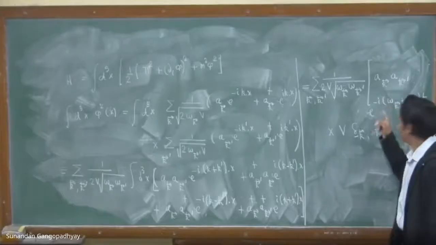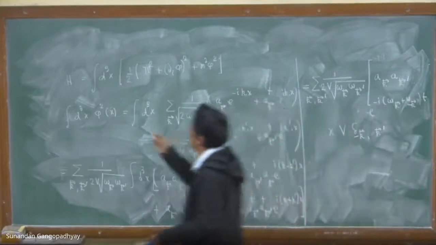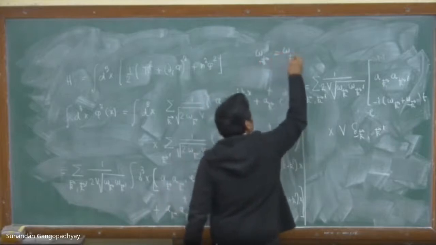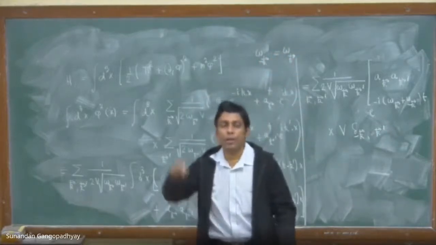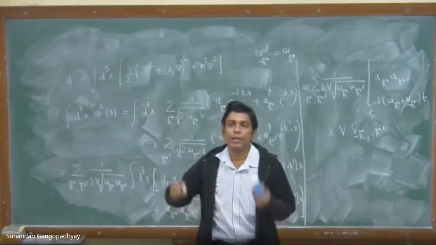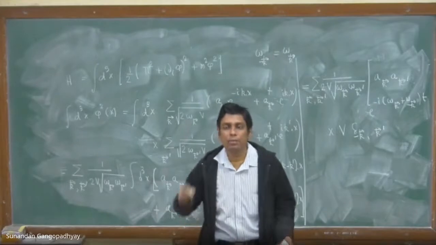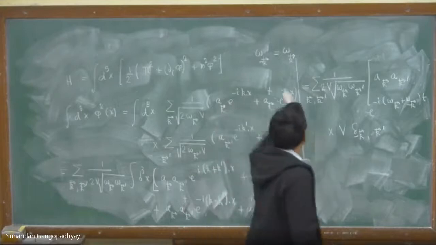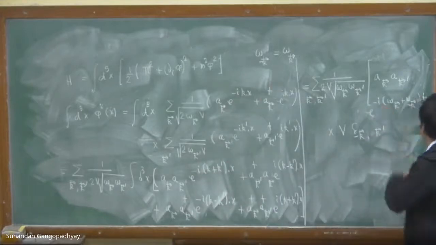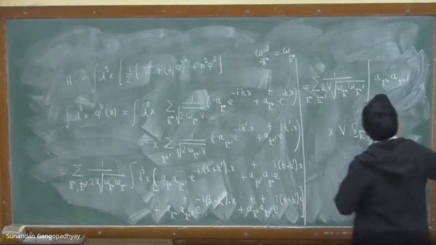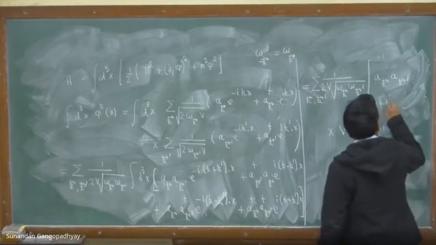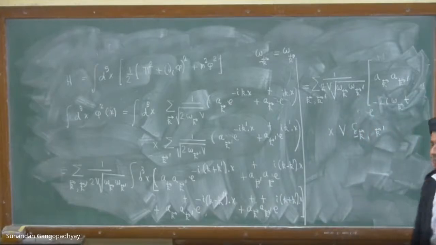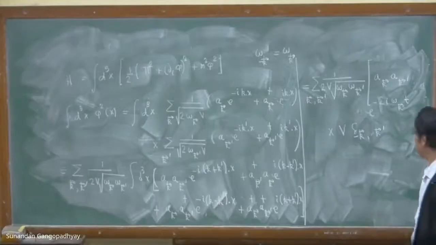But omega k is actually equal to omega minus k. So let me write this on top. Omega minus k is equal to omega k. Because omega k is what? Square root of k square plus h square. It is quadratic in k. Therefore, omega minus k is square root of minus k vector whole square plus h square, which is omega k. Therefore, these are equal. Therefore, you can write this as, is this okay? You can write 2i omega k t. Yes.